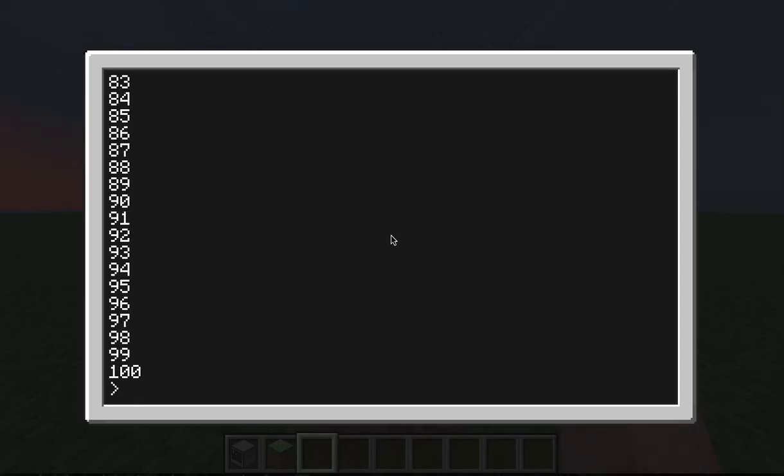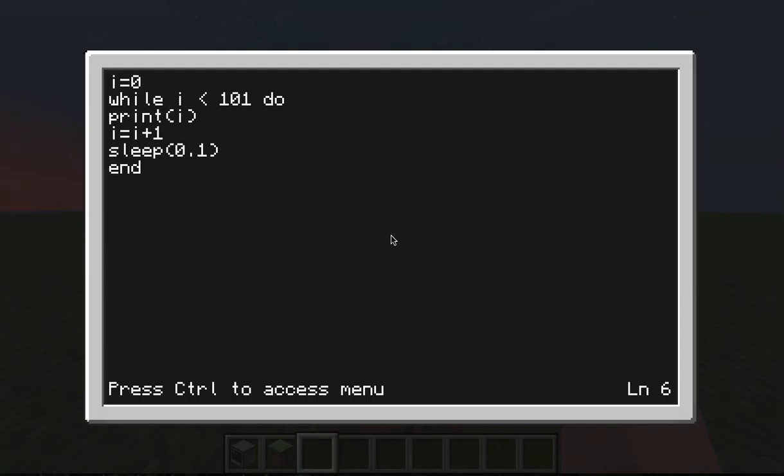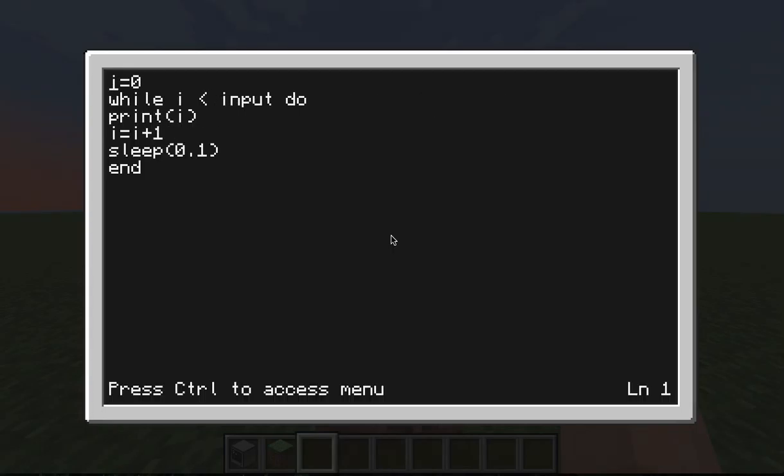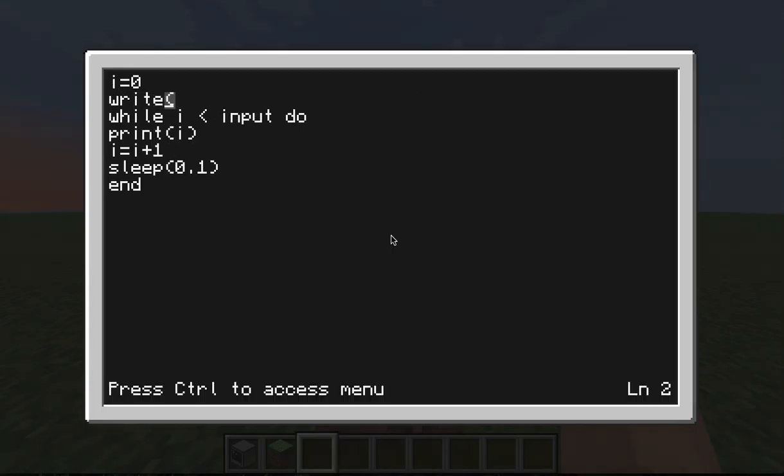There you go. And now, you probably want to know how to ask for user input. Like, say, what if we wanted them to see how much to count to? Let's say input. While i is less than input do. So let's see. This obviously doesn't work. So you gotta define what input is. The best way to do this is to write